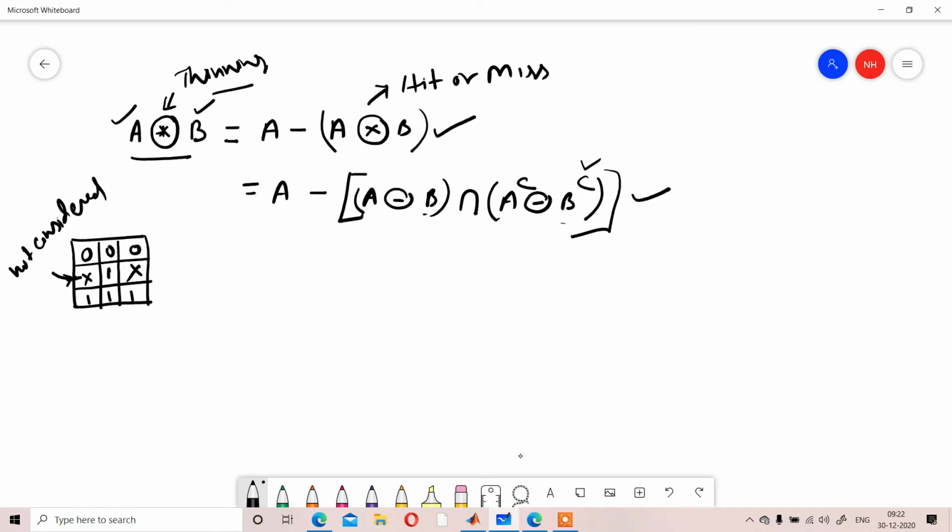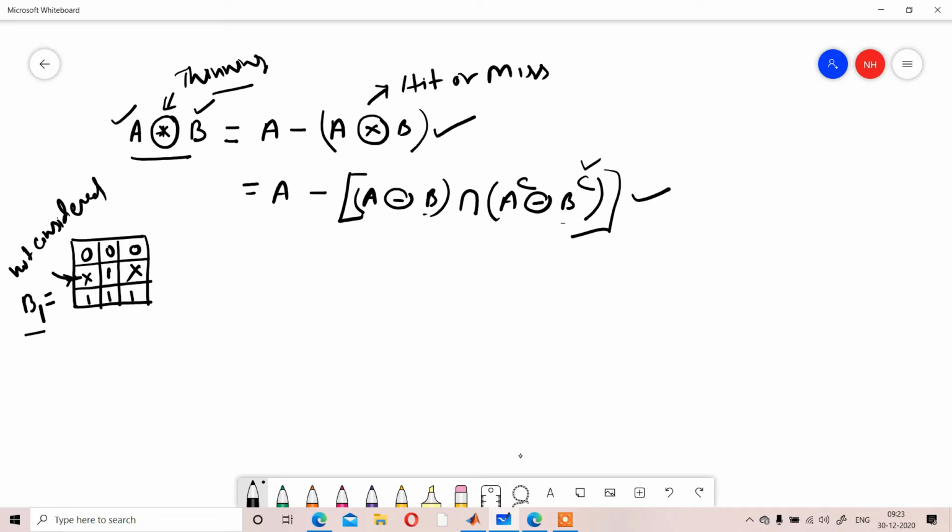Those positions will not be considered. If any positions come under that, we will simply not consider them. And these three positions define the 0 and the other 4 positions define the 1. If that is the structuring element you are representing, then depending on that, the number of structuring elements will be how many shifts you can create over the structuring element.